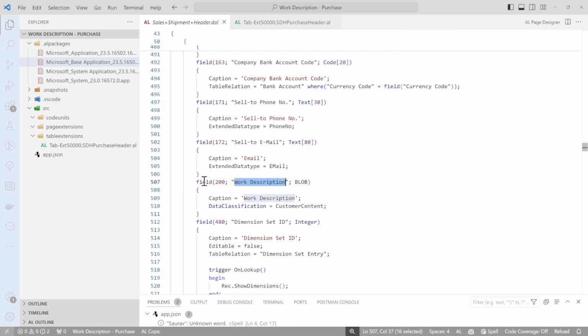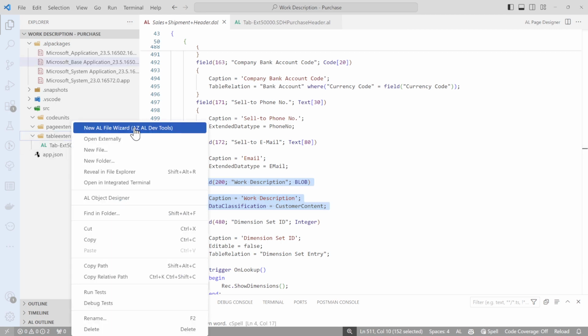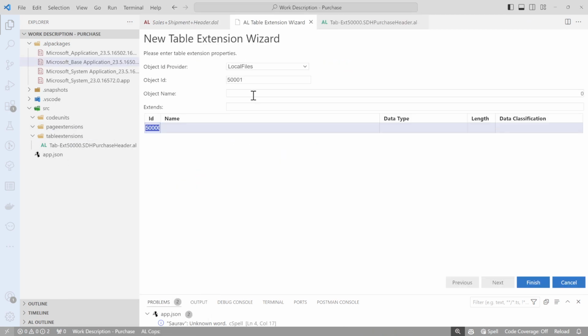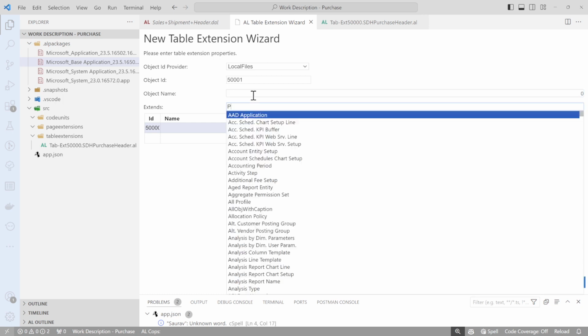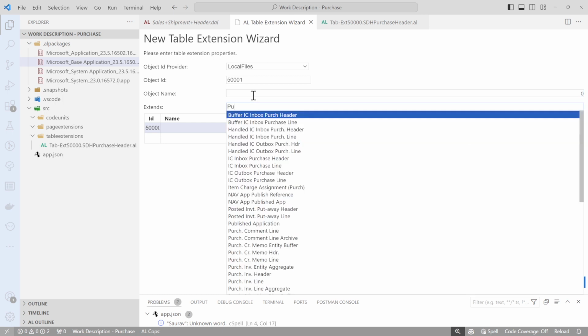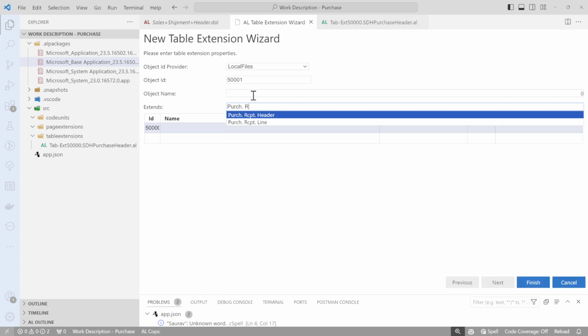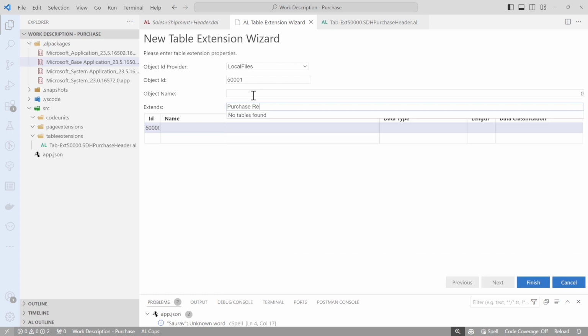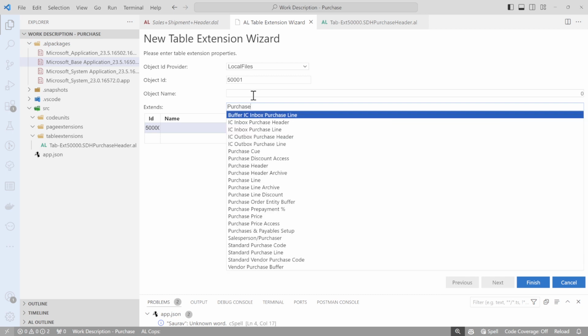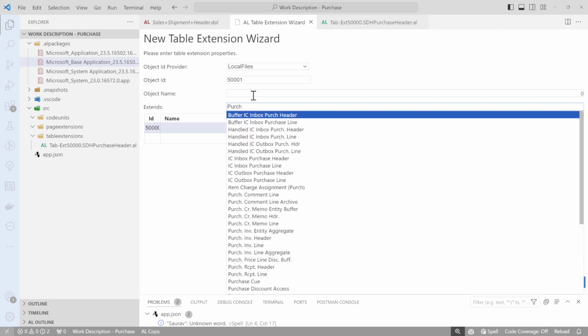Again, there is a field. Notice that the field ID is the same. We'll just copy this and we'll create another table extension, this time for purchase, or maybe purge receipt. Is it purchase receipt? I'm bad at it. I guess it's purge